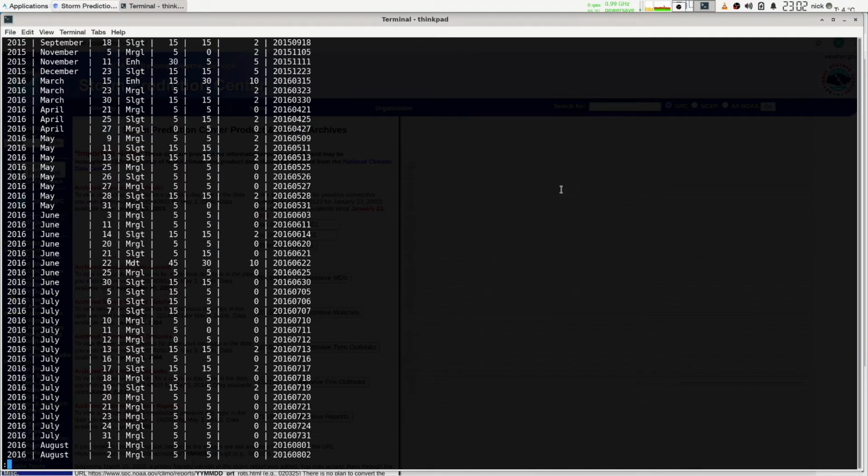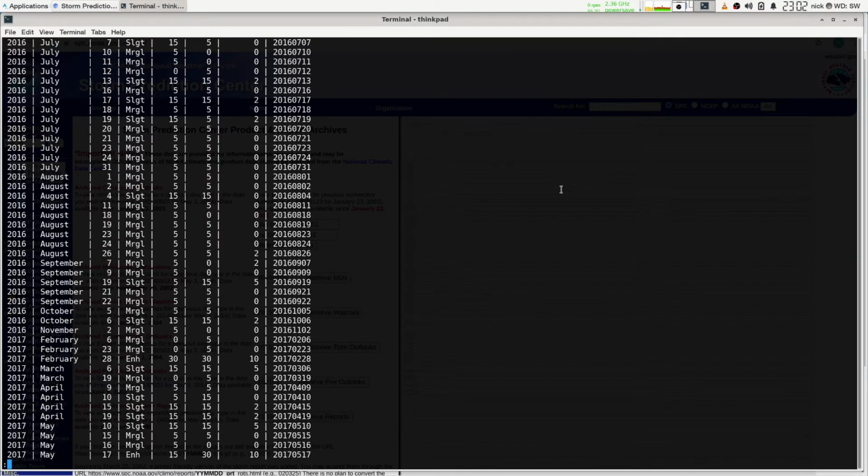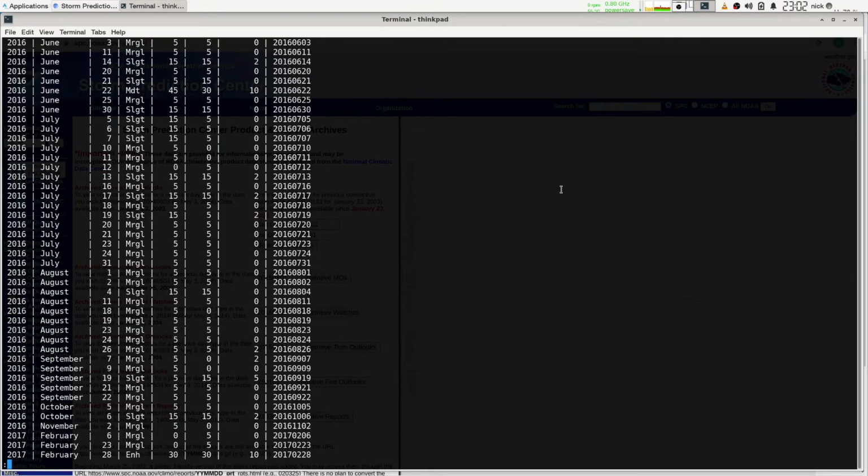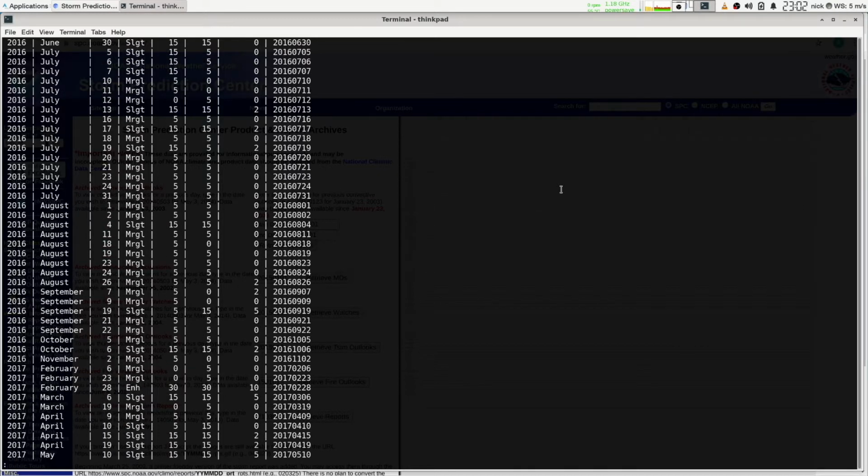And then 2016 it was March. In 2017 it was February, so two of those were a marginal risk, but then on the 28th was an enhanced risk, so that's pretty unusual for February. I'll have to look at that in a little more detail, because I don't think I remember that. But anyway,